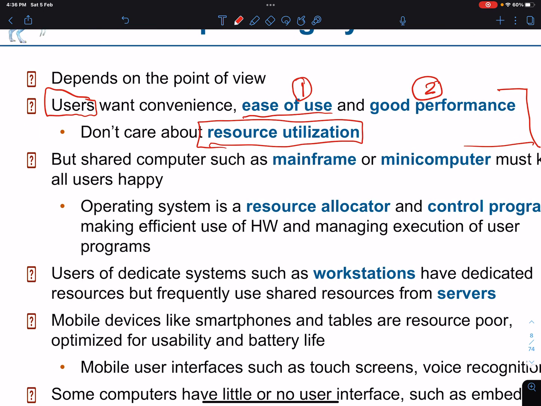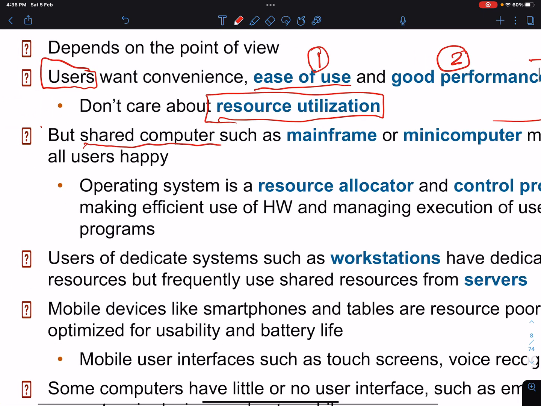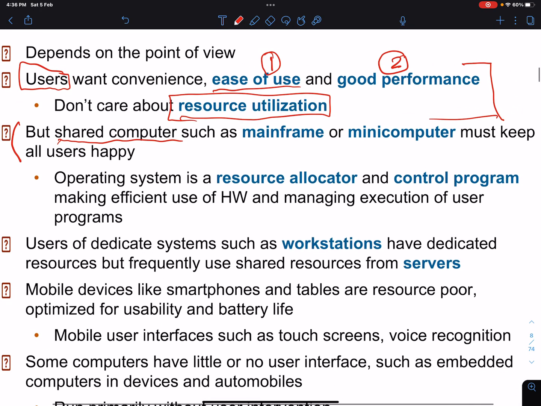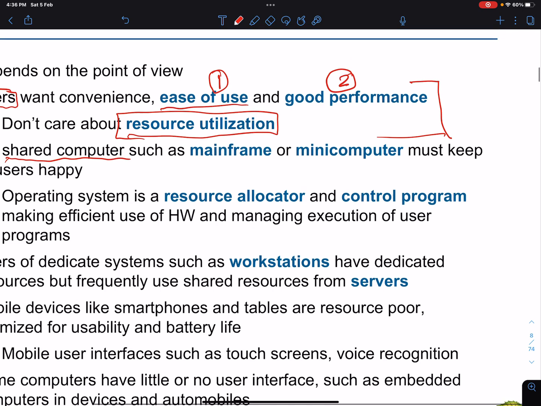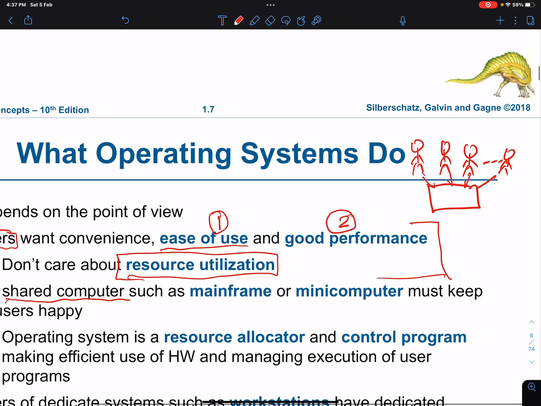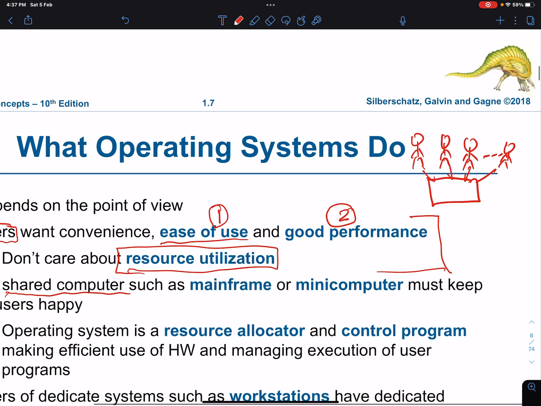Now, shared computers. What are shared computers? Before I explain this, let's first see what are shared computers. A shared computer is a computer that has many users working on it. Okay, so imagine that you have a system like that. Here is the computer, and you have user 1, user 2, user 3, user n. They're all using the same computer. You might tell me, I've never seen something like that. Well, you know what? It's very common.